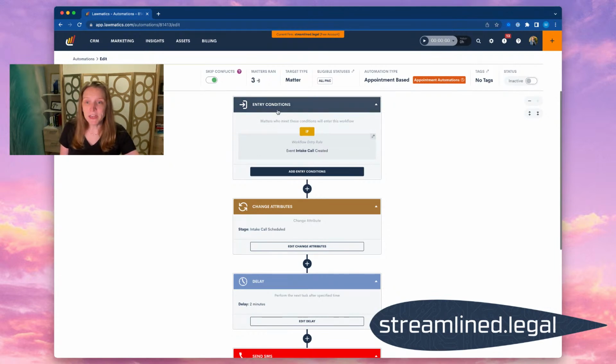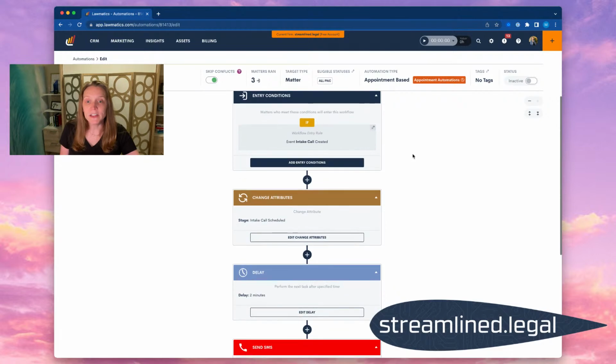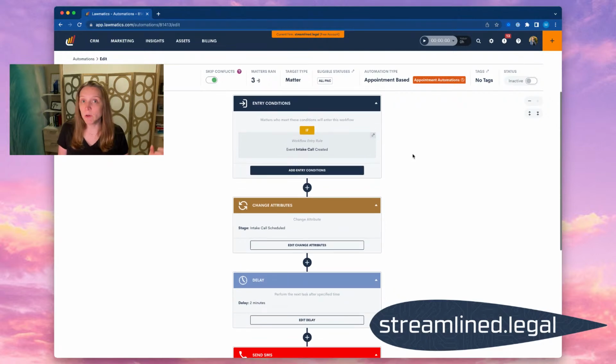And the first step here, we always start with an entry condition, right? Who's going to be able to get into this automation? And in this case, that's super simple. It's an intake call. Anytime an intake call is created, right? So we're looking at an event. This is an appointment-based automation, and the event that we're looking for is the intake call in this case, right? So once we've had the entry condition, anyone that books an intake call is going to get into this automation,